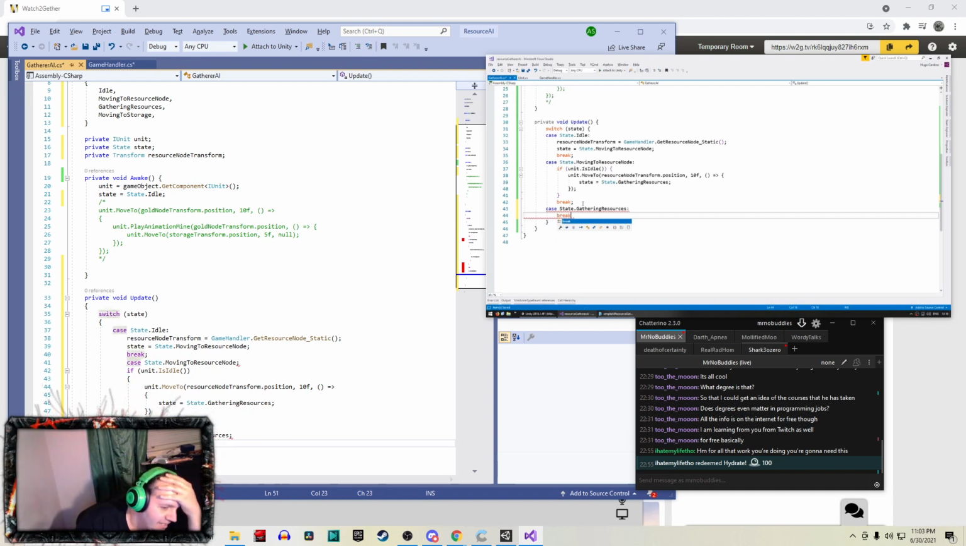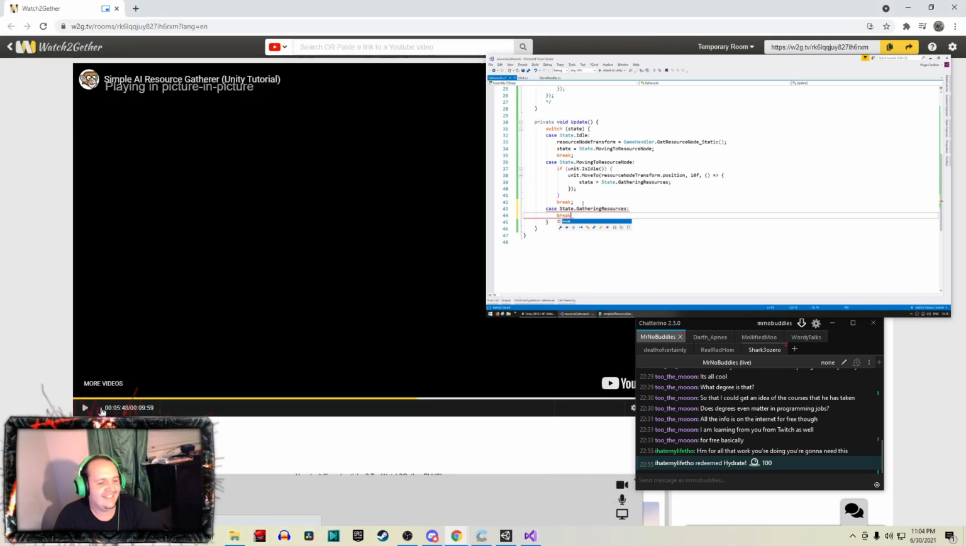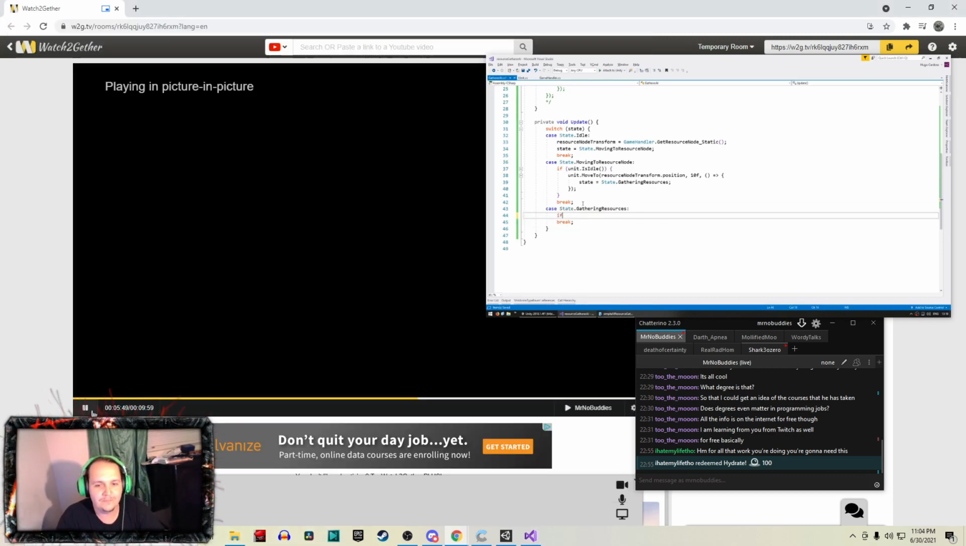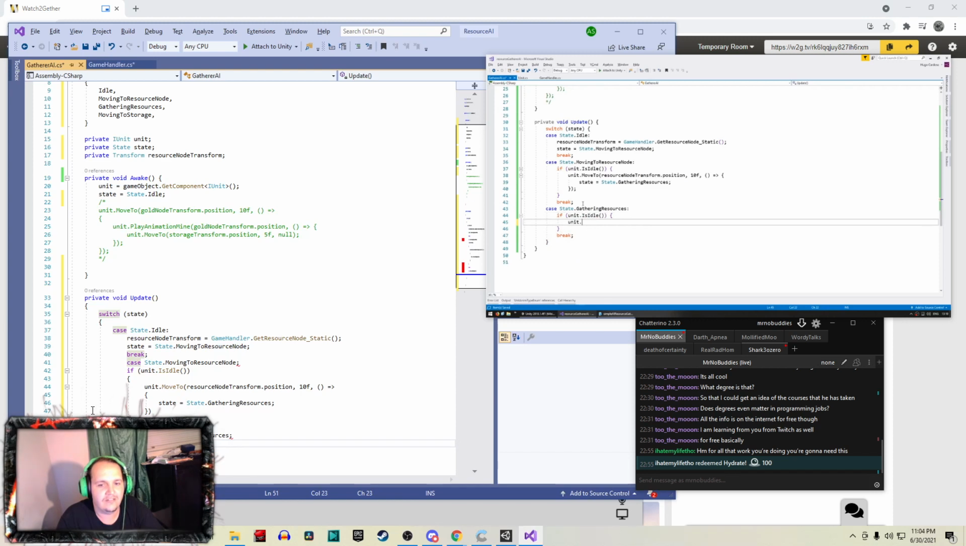Oh, it's saying there's 5 errors. What'd I do? If the unit is idle, if unit is idle, we want to do this. So we go below gathering resources. If unit.is idle,